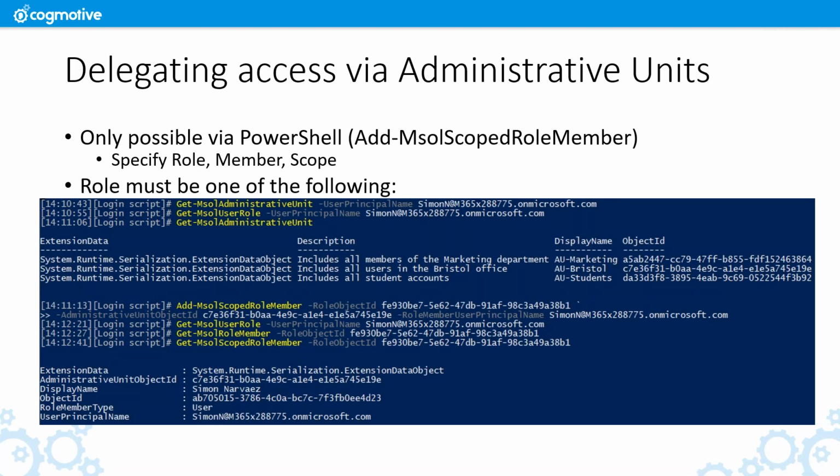And basically that's all there is to this model. You create the administrative units and populate the memberships in order to designate a scope on which administrative actions can be performed by a certain delegate. The delegate is then assigned to this administrative unit via the Add-MsolScopedRoleMember commandlet. And the last thing that you need to do is to specify which admin actions he can actually perform on them. Once this is done, then you can log in with this user and perform various actions via PowerShell, or